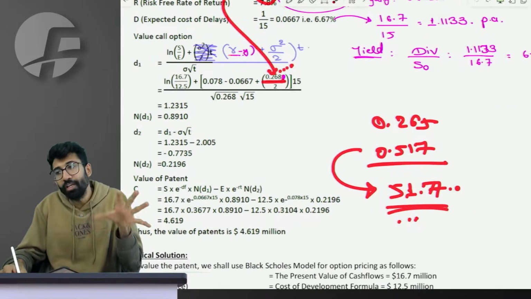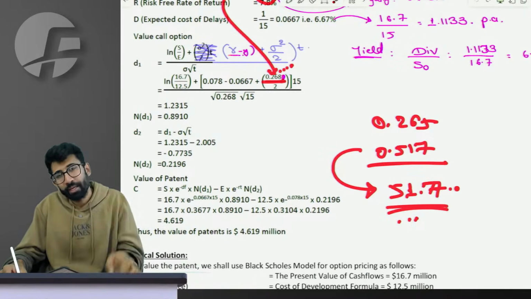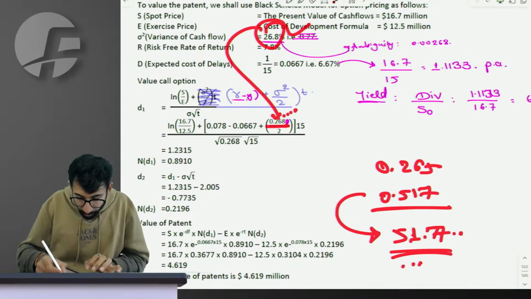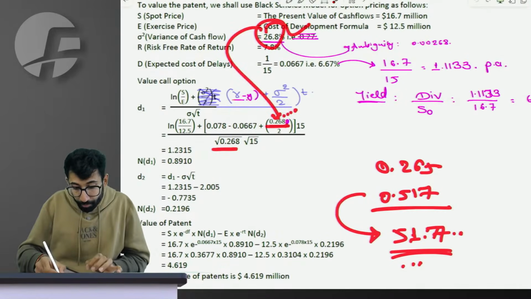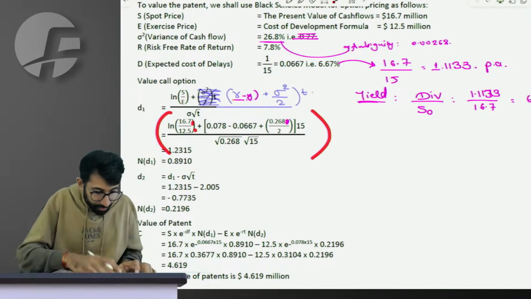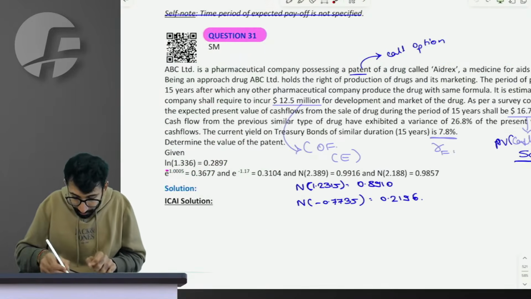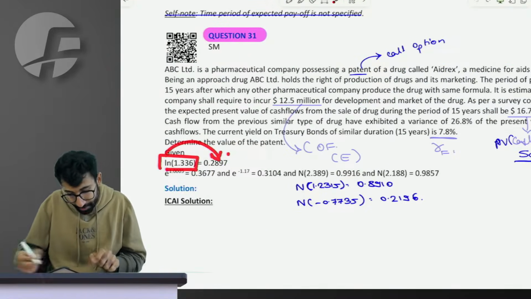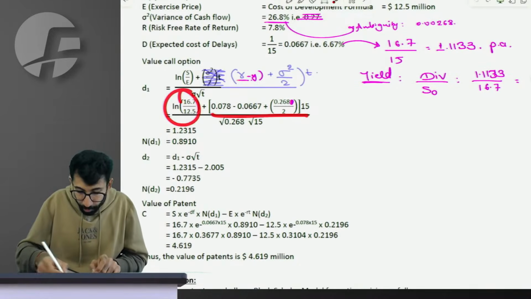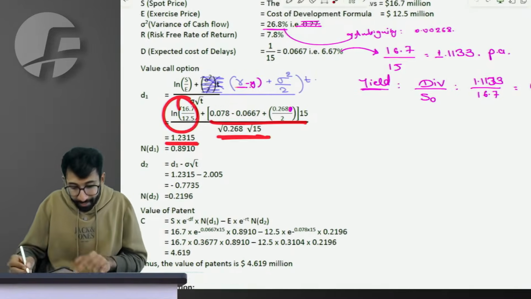But unfortunately, with this ambiguity, I'm really sorry, you have to mug up the question by writing it down twice, but solve it as it is. Sir, under root of variance is SD multiplied by under root of time. When you solve this, you see that 16.7 divided by 12.5 is 1.336 as the log natural, whose value has been given 2.897. So this value given, this value is solvable, give me 1.2315 as D1.